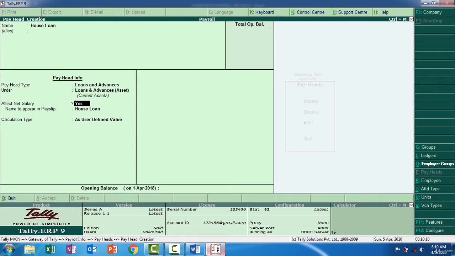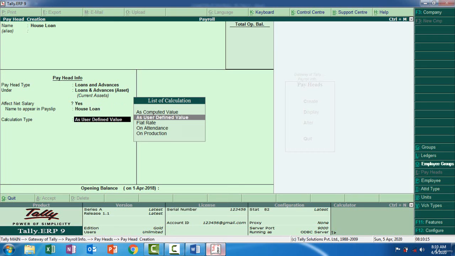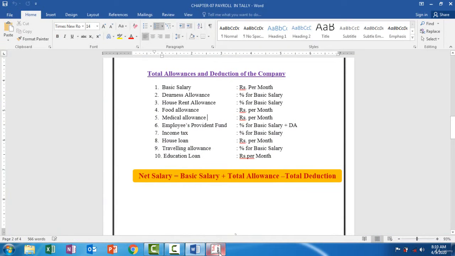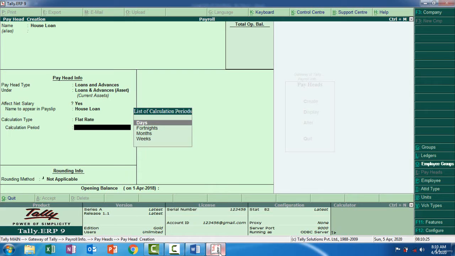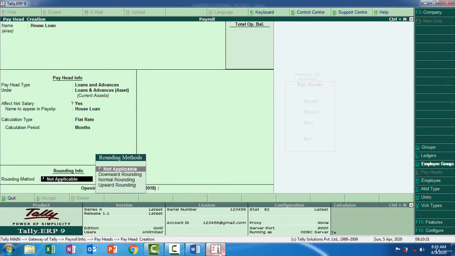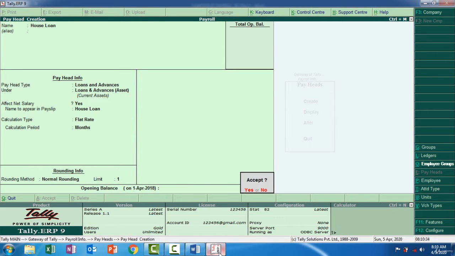So that's one of the assets for the company, so I'm going to choose loan and advance assets. And it affects net salary, yes, the name in the payslip is house loan, and then calculation is house loan per month, it means a fixed amount, so I'm going to choose a flat rate, and then the calculation period is month,